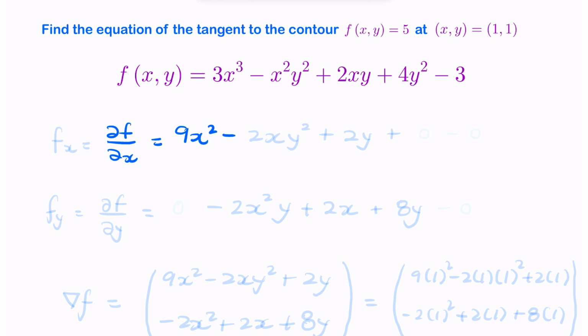The x squared becomes 2x, and the y squared is unchanged. It's just a constant. The 2xy becomes 2y because the y is a constant. And the 4y squared and 3 is just 0. So you've got plus 0 minus 0 because there's no x. All right, so that's our